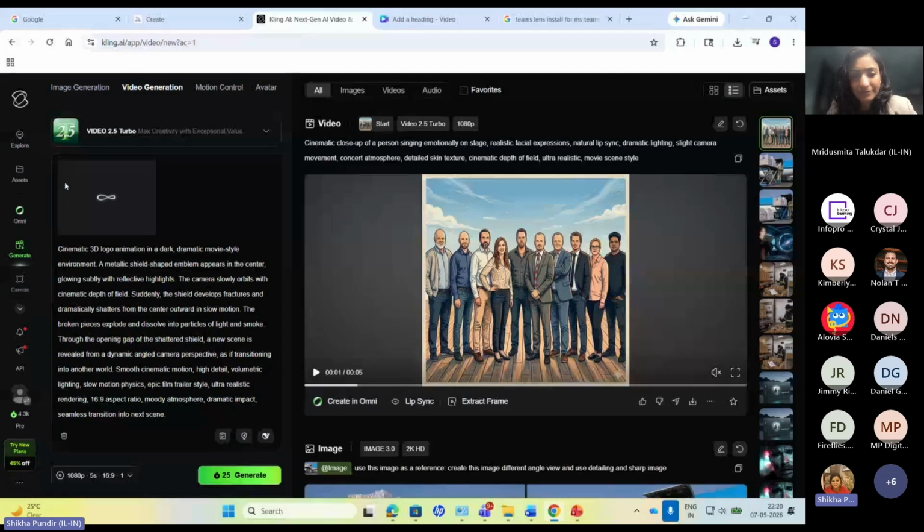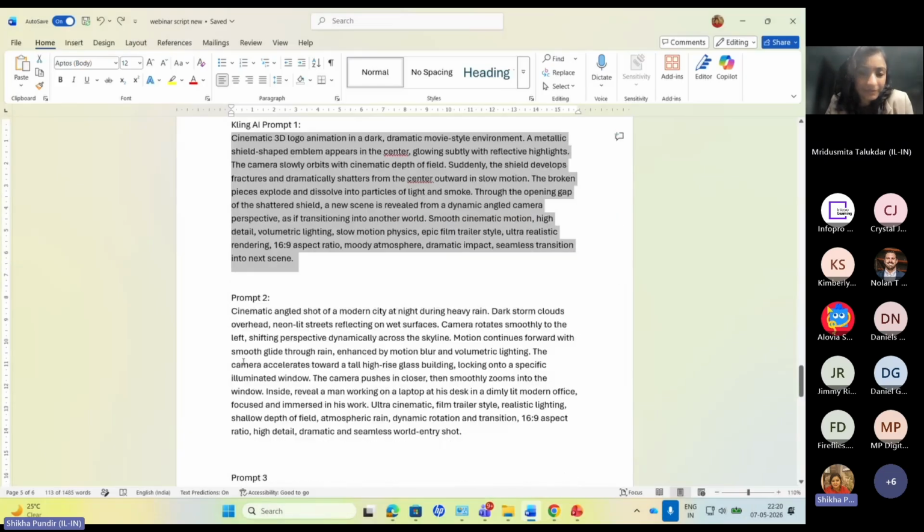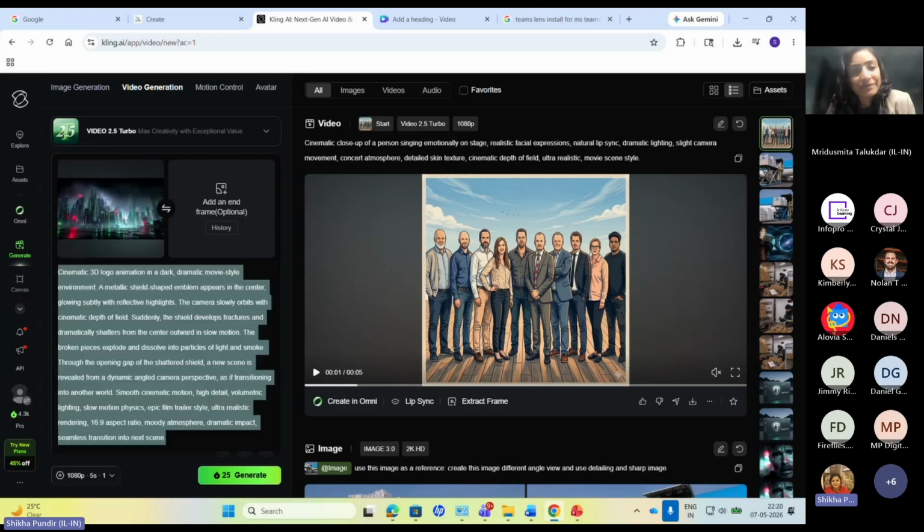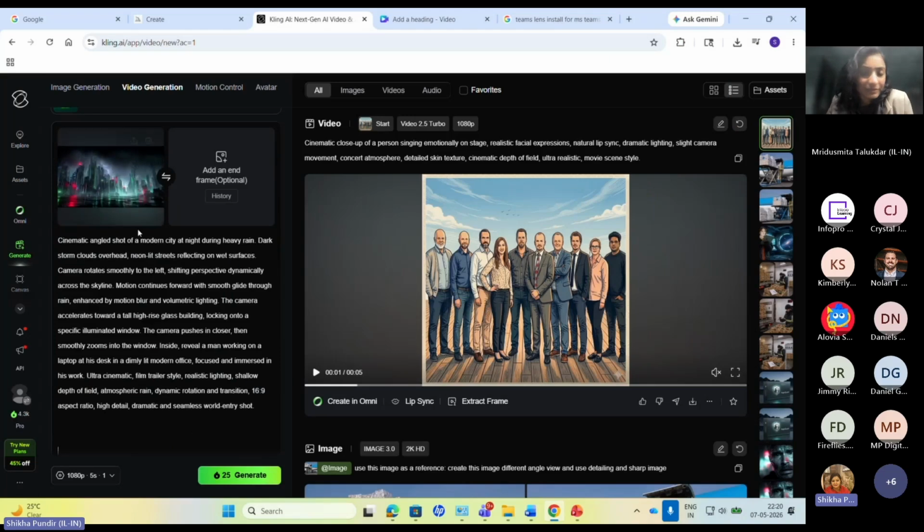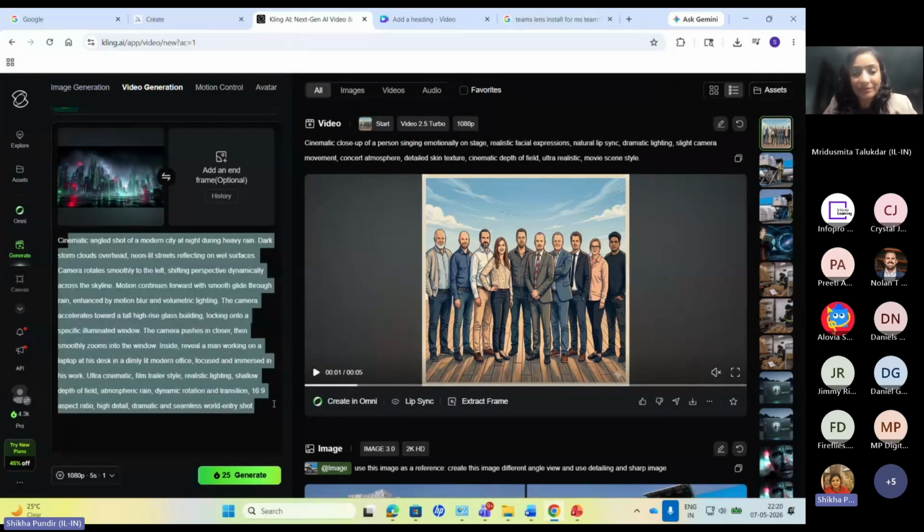If I select this image, and I have to animate this shot in a cinematic angle shot, I want to show the whole city, camera moving from one end towards the middle of the city, and then zooming inside the window and showing that particular man who was working on the laptop. I'll give a prompt something like this.